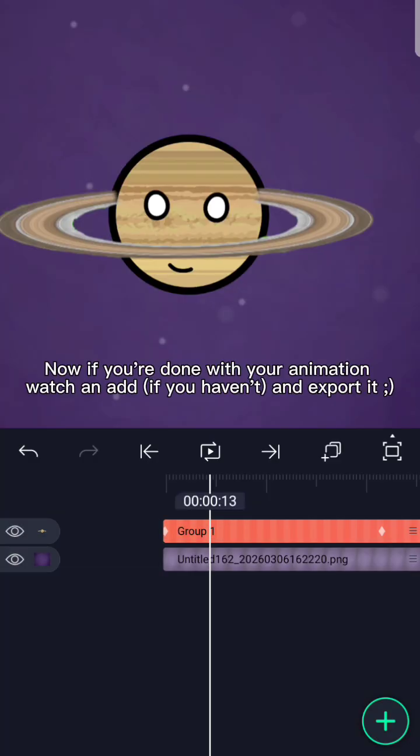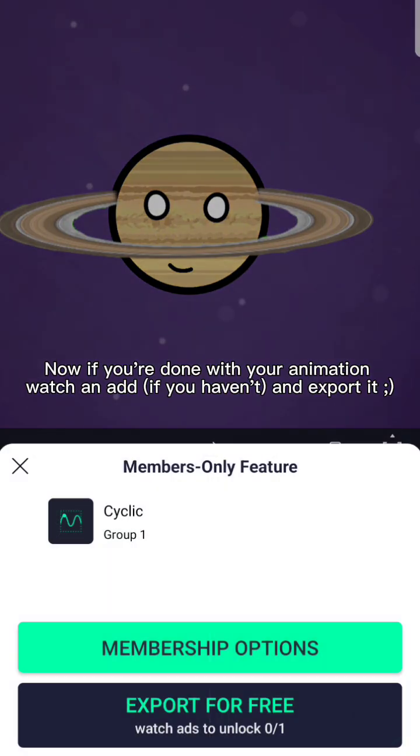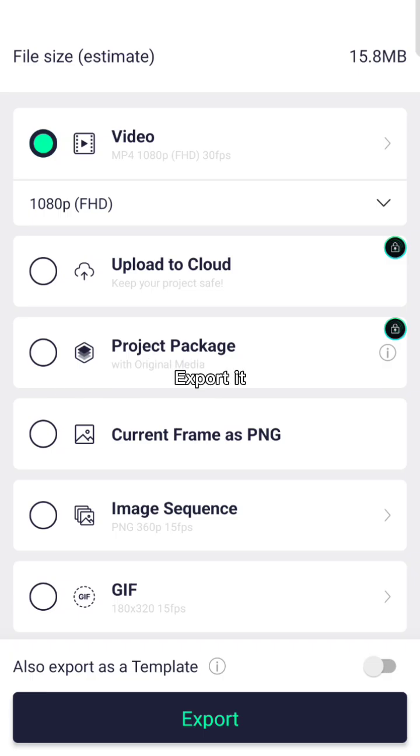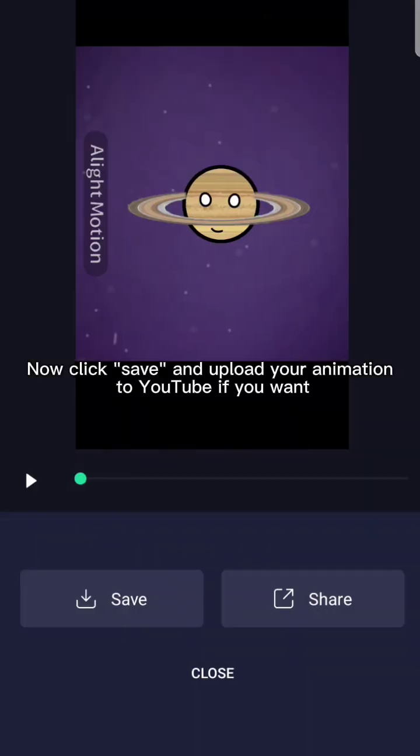Now, if you're done with your animation, watch an ad if you haven't and export it. I cut the video so you're not seeing an ad right now. Export it. Now click Save